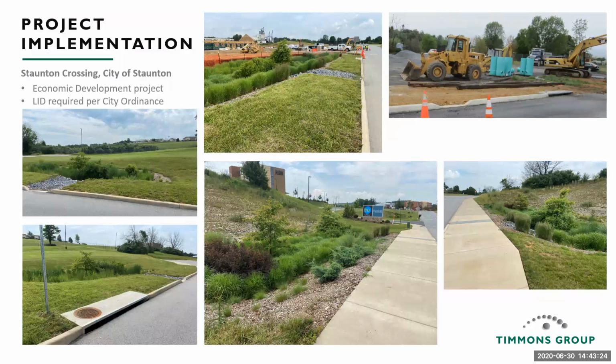This project is a project in the city of Staunton that was completed about 5 years ago, just off of I-81. This project was intended to promote access to future commercial business prospects. Basically it was a quarter-mile, 4-lane divided road with a roundabout and a lot of points of entrance access. For this project, there is a city ordinance that required the use of on-site LID to meet the stormwater management goals for this project. So being that it was more of an urban curb and gutter type of road, we looked at, how would we best implement this?